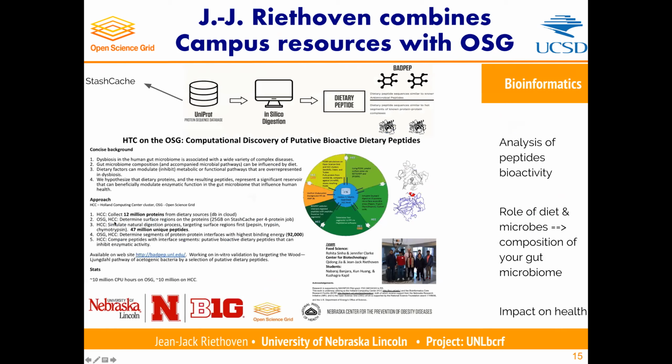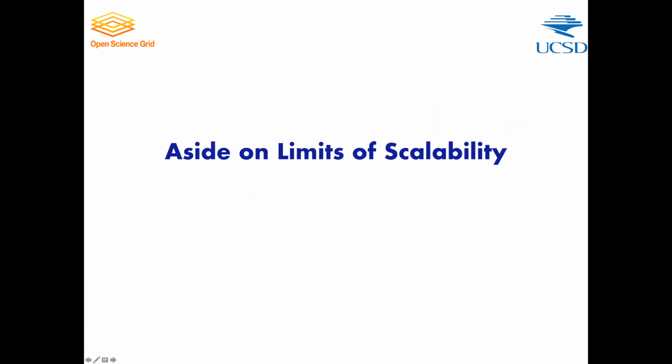And I'm assuming that step 3 he does in Nebraska because it's possibly heavily coupled. There may be some MPI kind of stuff in the middle. And then the last one, probably because it's easy to do, it doesn't require a whole lot of computing, and so he keeps that at home again. And this is sort of a pattern that we see in a number of scientists. And it effectively uses OSG as an elastic scale-out engine. And I'll talk more about this in later slides.